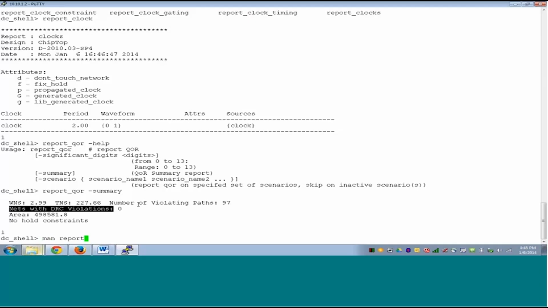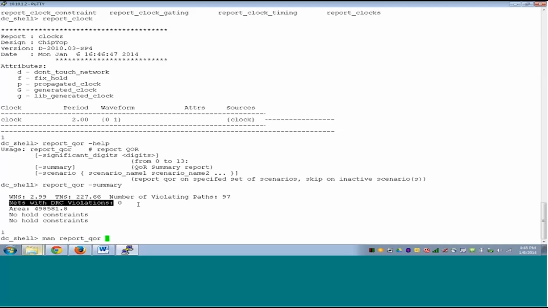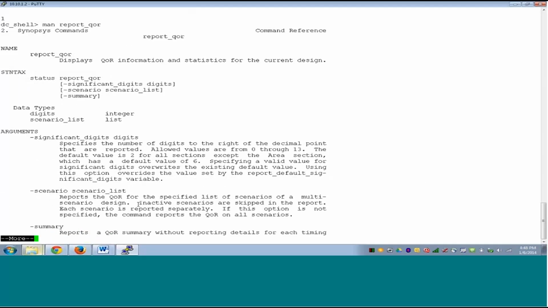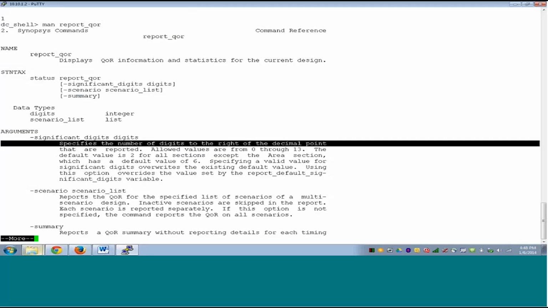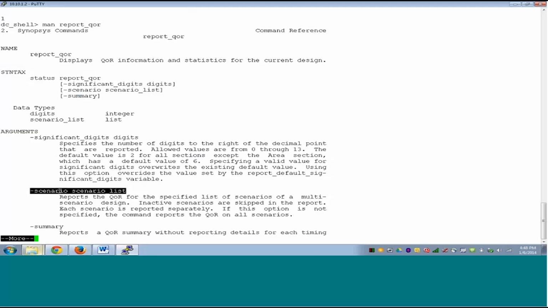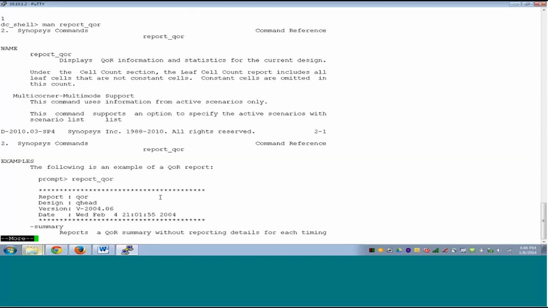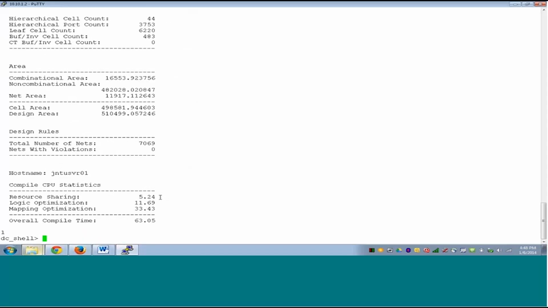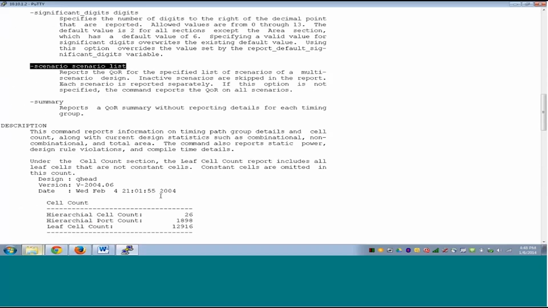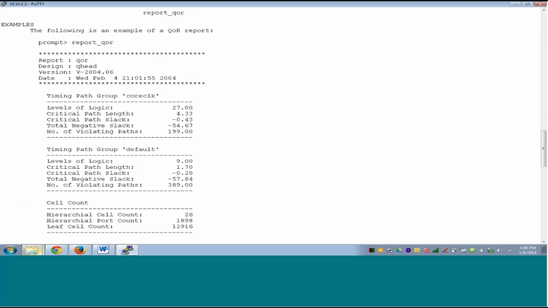Let's look at whether it provides any more information. It gives us the quality of results and statistics for the current design. You can specify a significant digit. Scenario is not applicable for us. Okay, so we did a summary. Now let's look at the detailed report. The detailed report is much bigger. So now it tells us that